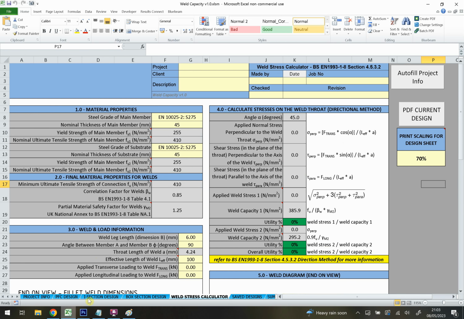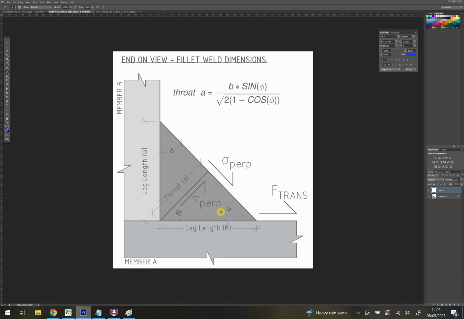We need to actually work out the stresses that are being applied onto this throat in here, okay? So how do we do that? Well, what we do is we assume we've got a transverse load up here. We'll start with a transverse load on its own first. We've also got a longitudinal load to consider, but just starting with the transverse load,